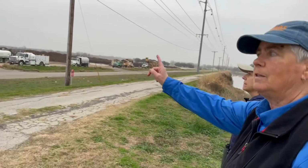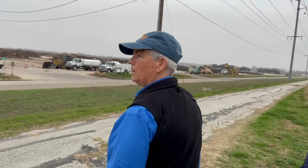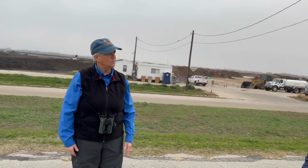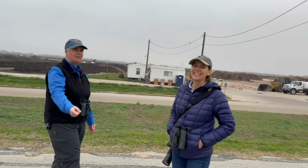Be sure you check these wires for birds. Right now we have great-tailed grackles on them. But also in this area we're going to find things like Savannah sparrows, killdeer, great-tailed grackles, house sparrows, and